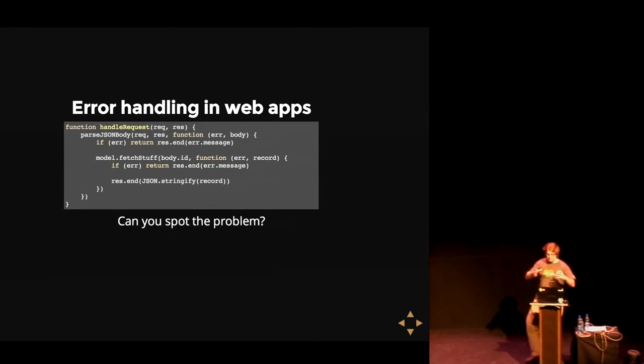If you've got a web app and it takes JSON in, the error always has to be JSON out. Don't return a nice error page with a 500-line header of HTML. That's a bad idea. Now, the problem here is that your application is not actually handling the error.